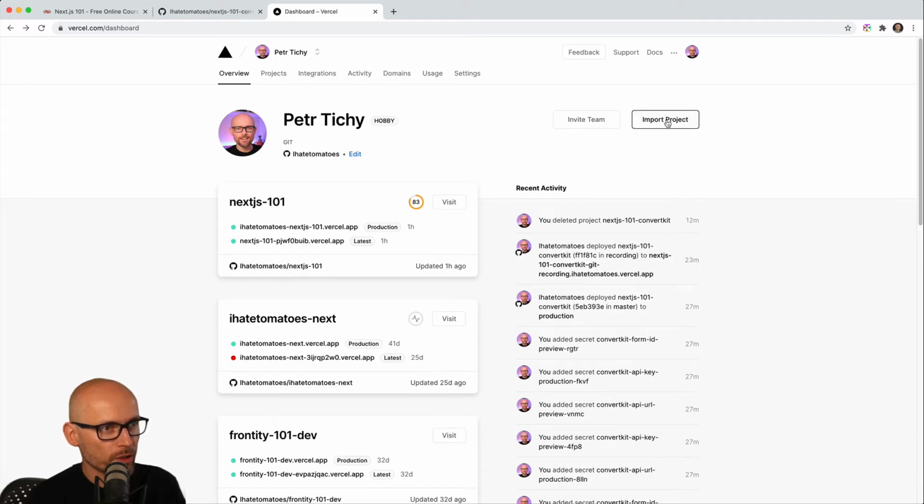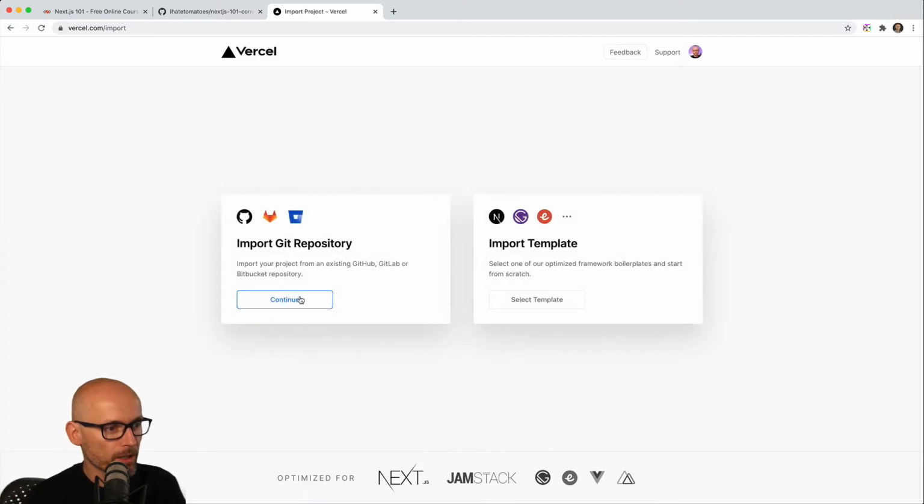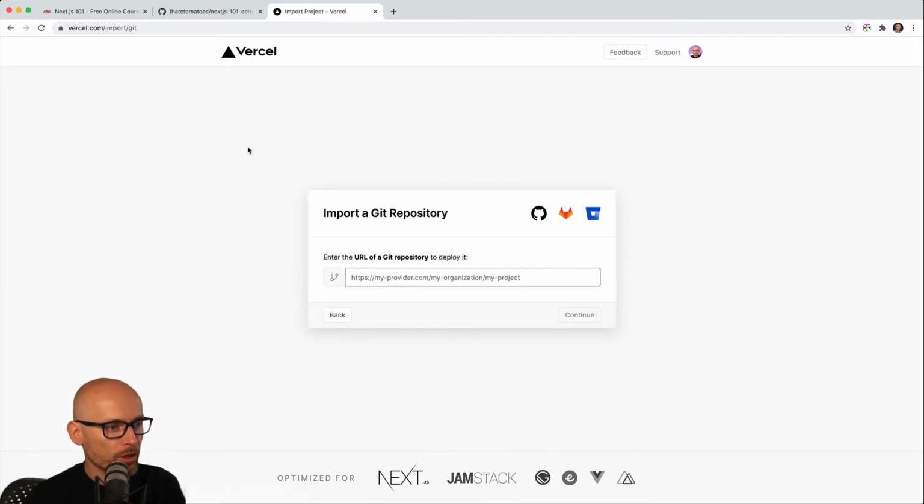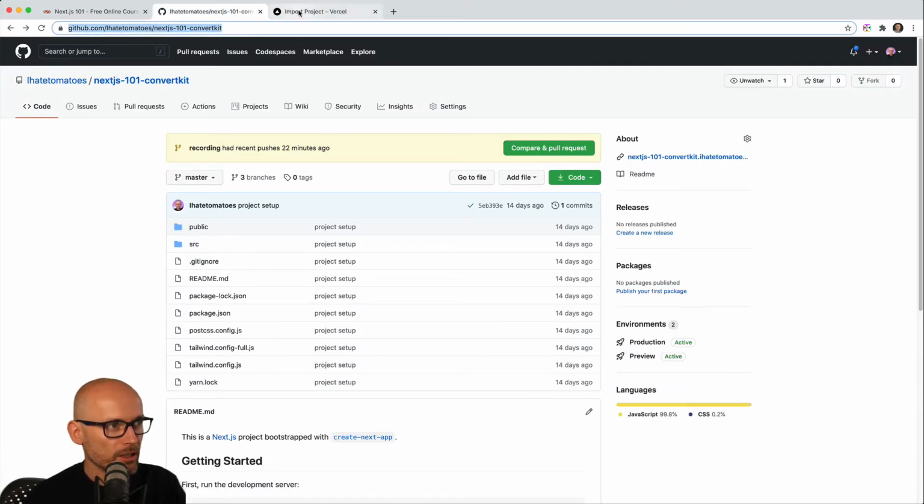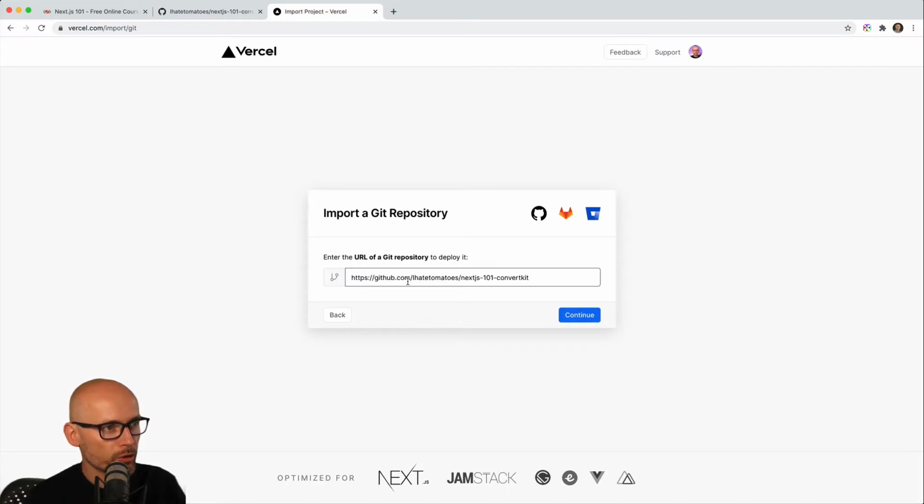But firstly, we need to import the project. Okay, so if this is the first time you're importing a GitHub repo to Vercel, you will need to install the integration. Hopefully that is quite straightforward. Of course, I've done it before, so my screen looks a little bit different, but I believe it's just a few clicks and you need to authorize Vercel to be able to access your repositories. Once you do that, you should be able to take the URL of the GitHub repo you want to import,